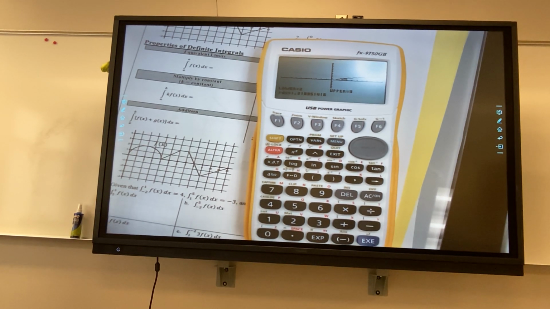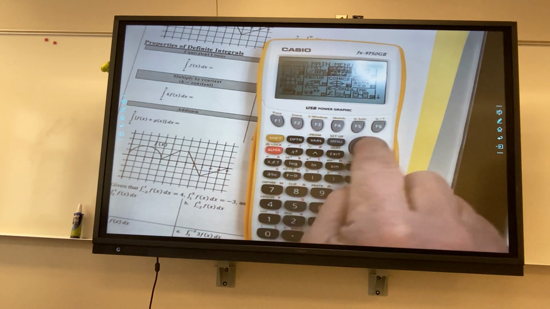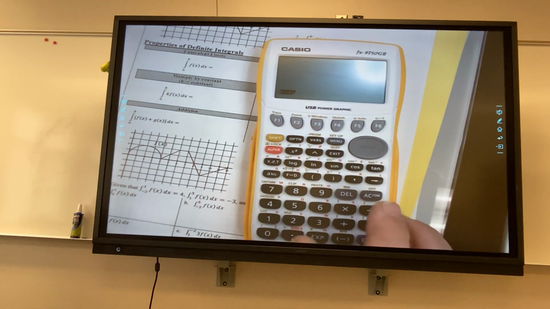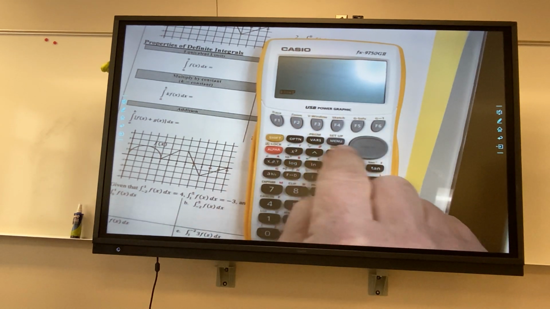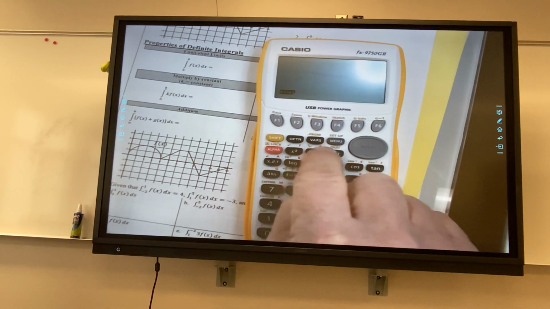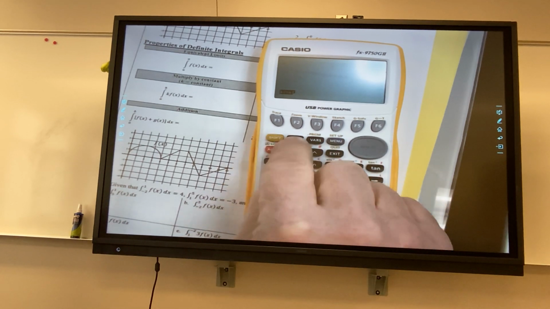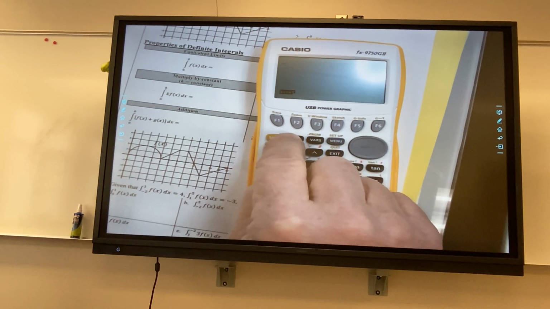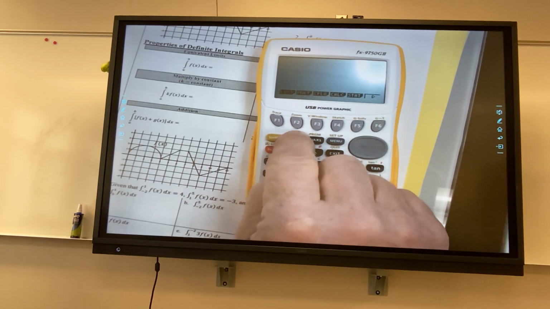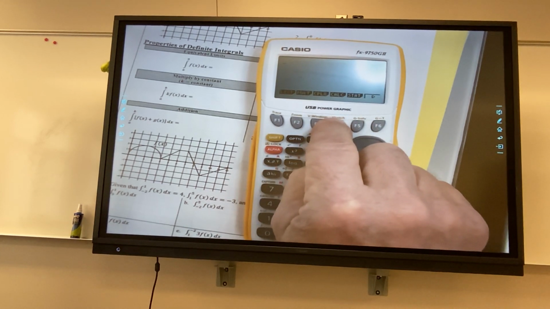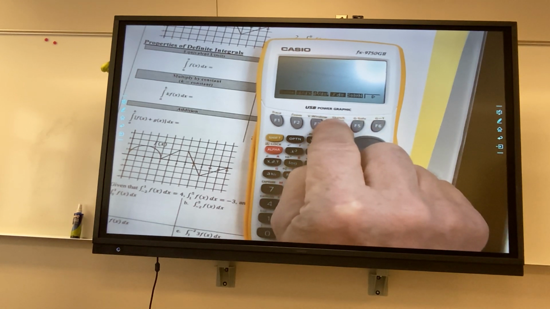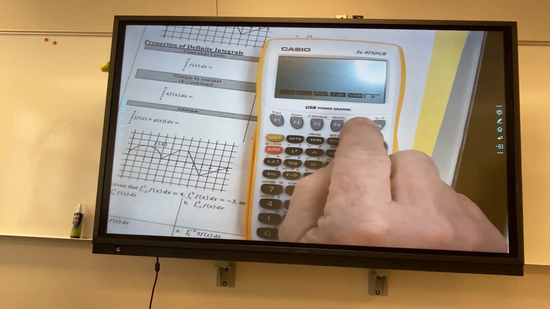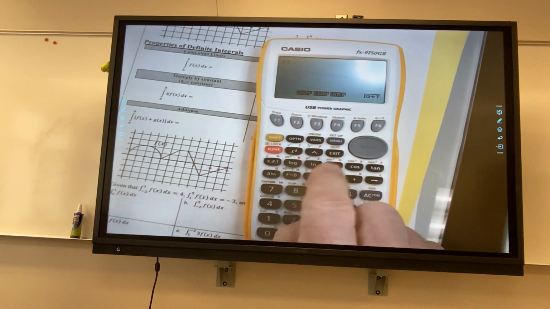And then if you were to do it here, you go to option. So if you look at your first line, you got shift, you got OPTN, that's option. And then you should have calc as your option. And then you should have a little integral symbol, which is an F4. And then I can go shift, square root,